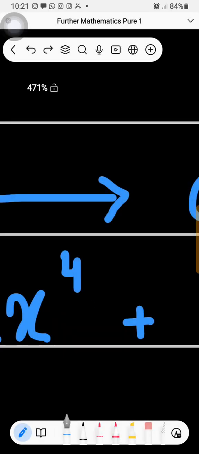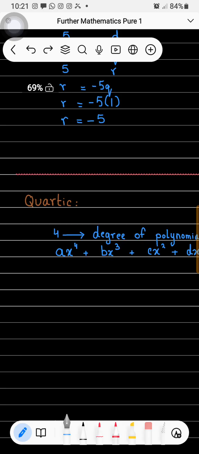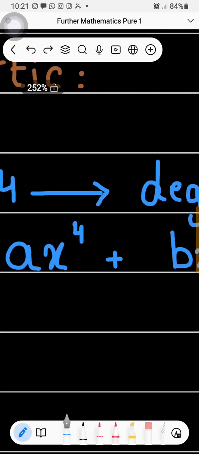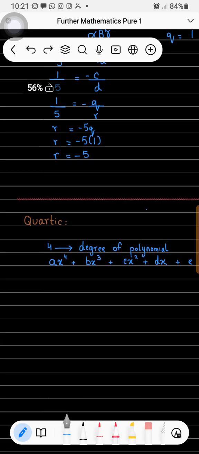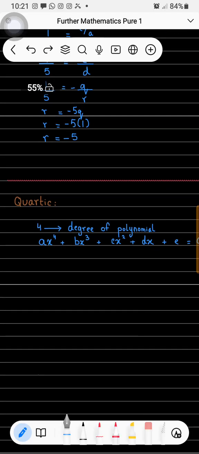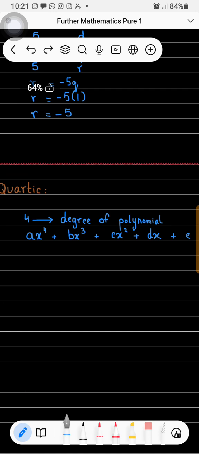In quadratic the maximum power of x was 2, which means the degree of polynomial is 2. In cubic the maximum power of x was 3, so the degree was 3. And here the maximum power of x is 4, so the degree of polynomial is 4. Now let's derive the formula. Basically the derivation is not part of our syllabus. If you want to skip the derivation you can, but out of curiosity I am showing how these